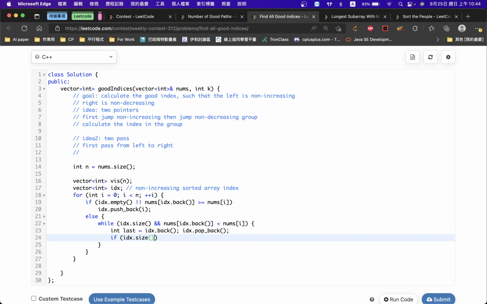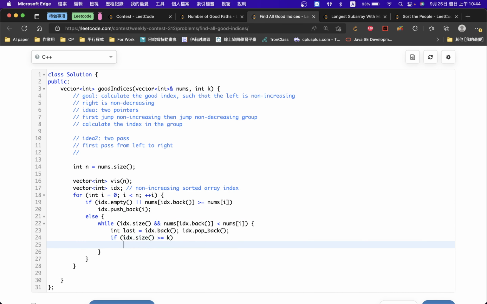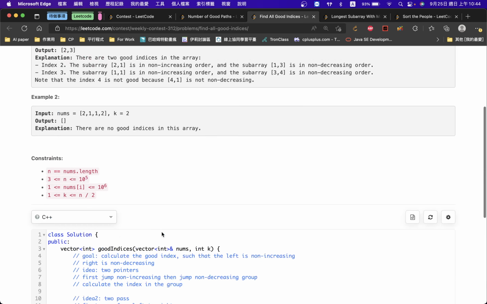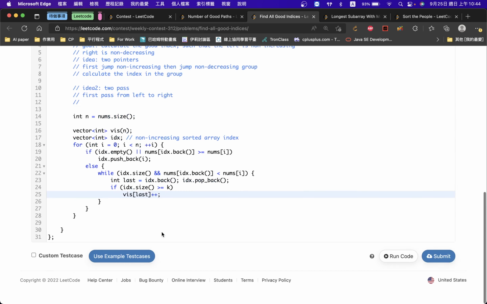If the index size is greater than k, so last is going to be L1. And